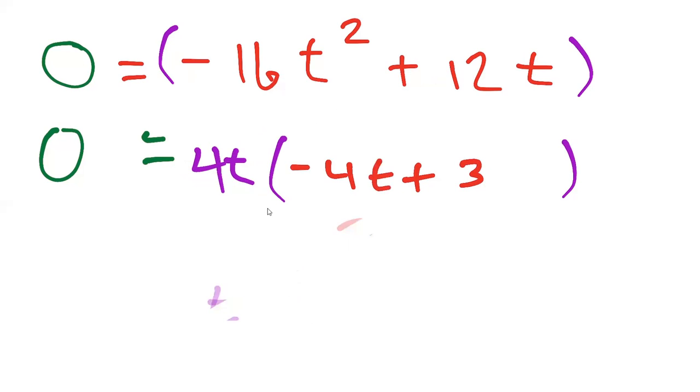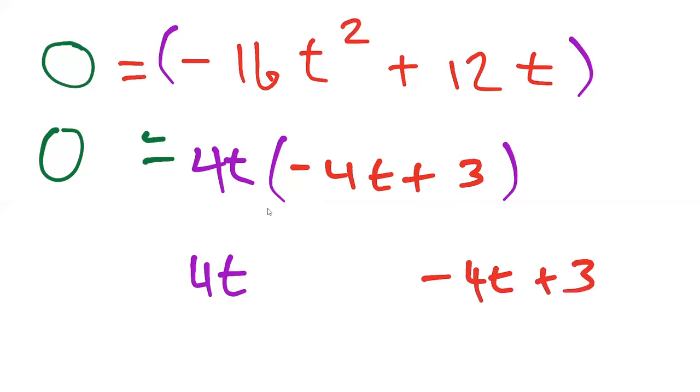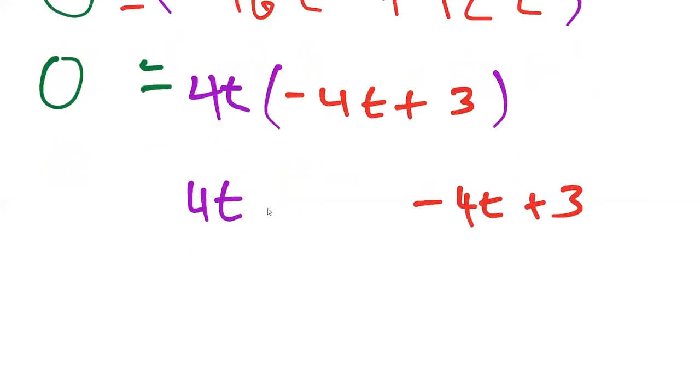And naturally, if I take the t out of the 12t, I don't have a t there anymore because it was removed. So now I have a factored form: t times negative 4t plus 3, my 2 factors, and they're equal to 0. The zero product property states that I can take both factors, t and negative 4t plus 3, set them equal to 0,